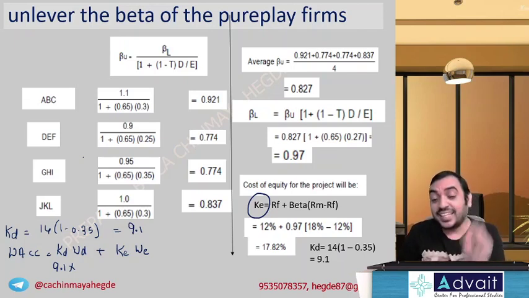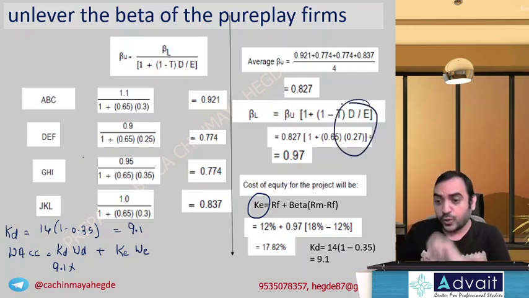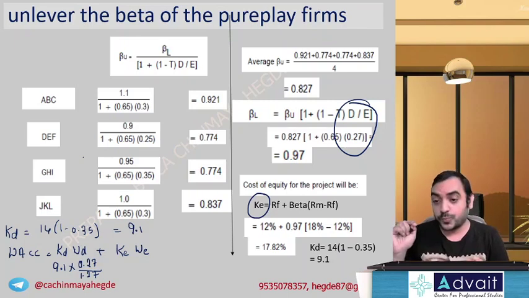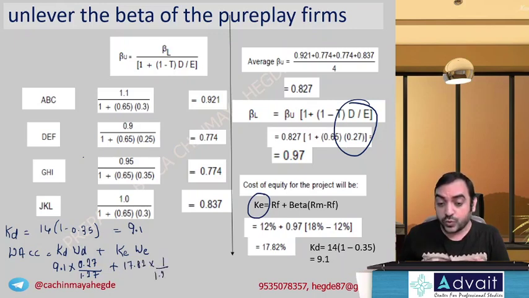0.27 is the debt equity ratio. So when I say 0.27, here also we have debt of 0.27 for every 1 rupee of equity. So we should do 0.27 divided by 1 plus 0.27, so 1.27. If they told you debt ratio, you can use that as debt equity ratio. Similarly, for equity, the cost of equity is 17.82 and the equity weight is 1 by 1.27.